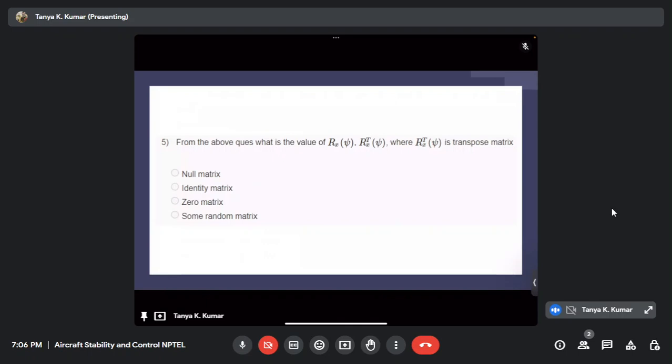It's one of the properties of rotation matrices. Rx into Rx transpose will be